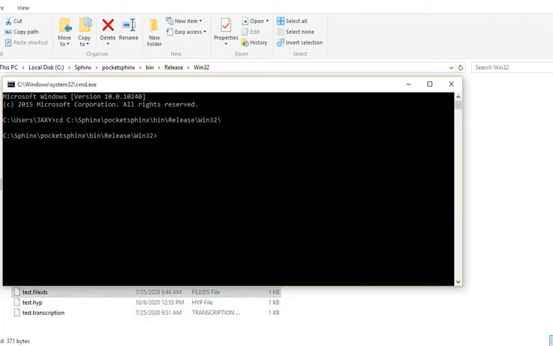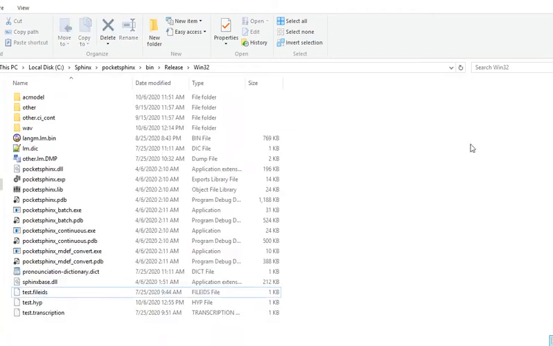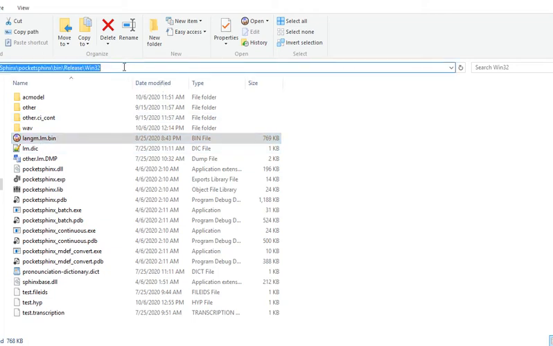After this you have to choose your -lm, and in quotations you use the name of your language model. I just use the name because I already placed it in the directory where my batch file is present, and it is lang.lm.bin. If you don't have this file in this directory, you will have to choose the path followed by this name.